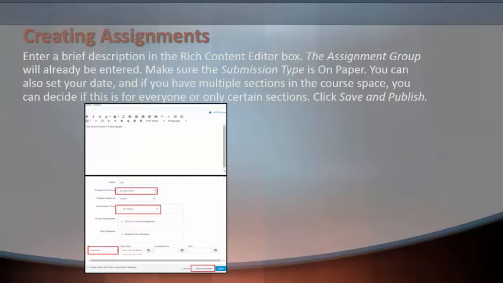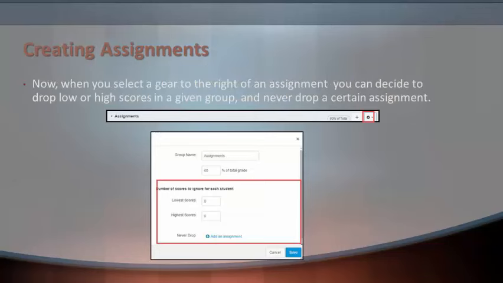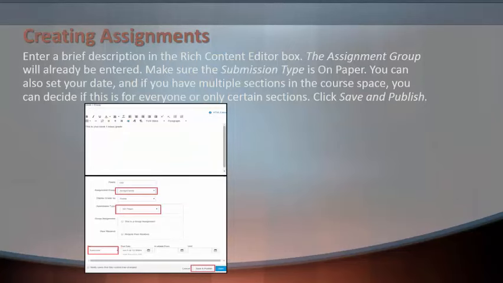And when you click More Options, you'll enter a brief description in the Rich Content Editor box. The assignment group will already be entered, so make sure that the submission type is on paper. And this is crucial because if you don't drop down submission type and choose on paper, again, Canvas will expect something to be submitted online.